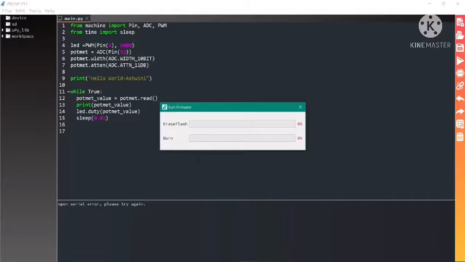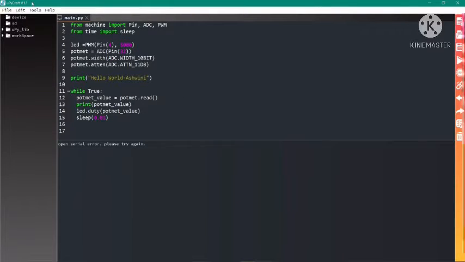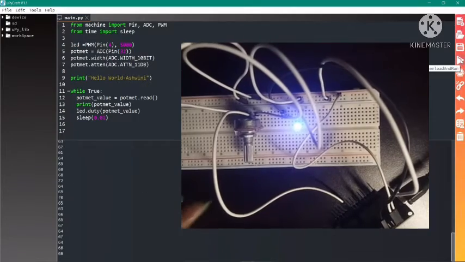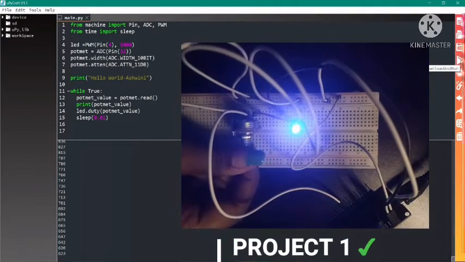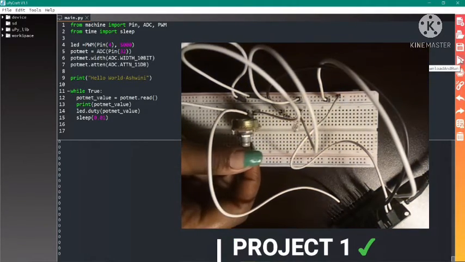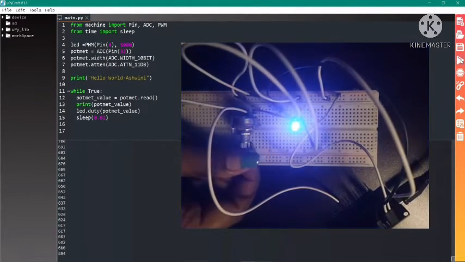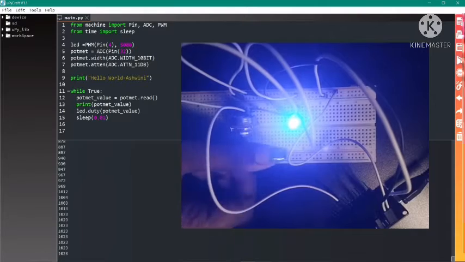First, the ESP32 is connected to the laptop using a micro USB cable. Then, the ESP32 is burned. The following Python code is written in uPyGraph to read and control the dimness of the LED. The code is downloaded and run. As we can see here, the circuit is set up as follows using the components listed in Project 1. Project 1 is successfully built. As the dimness of the LED is adjusted using the potentiometer, uPyGraph is able to read and show the value of the dimness of the LED between 0 to 1023.